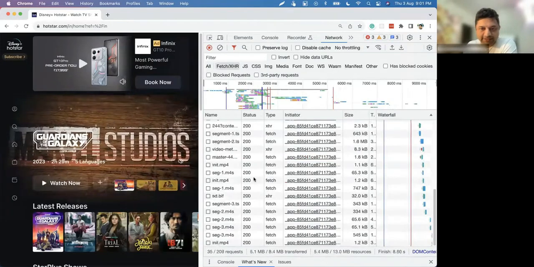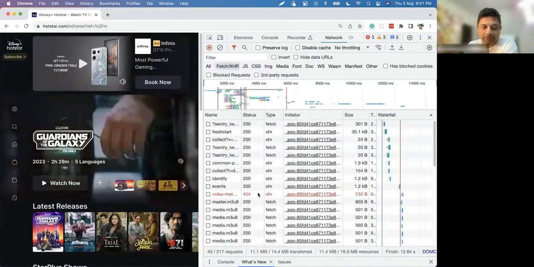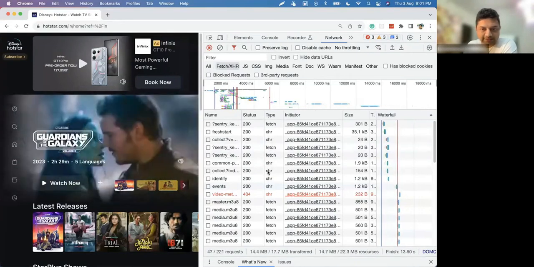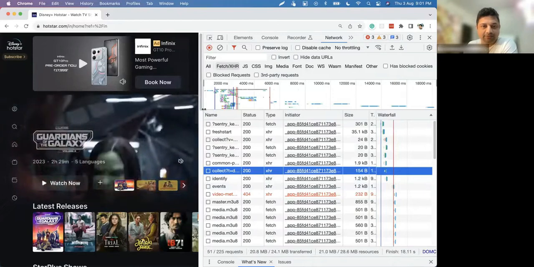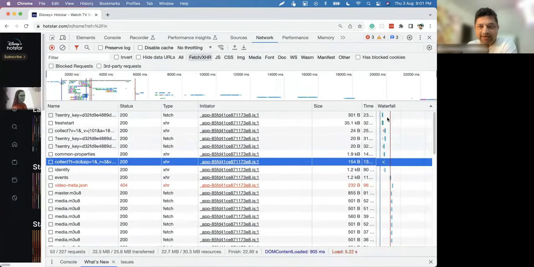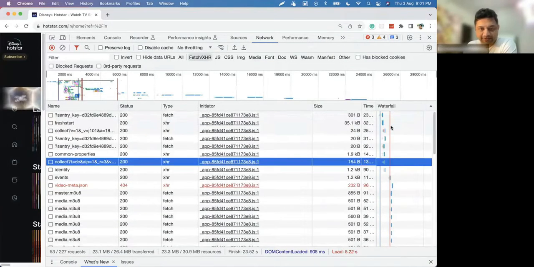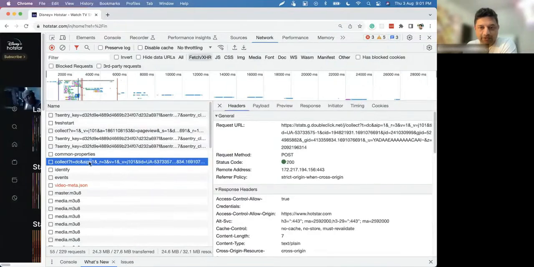You see there are a lot of requests going on. Let's say we take some request. If I go to some request here, you see there will be headers and other information. Let me try going into the details.